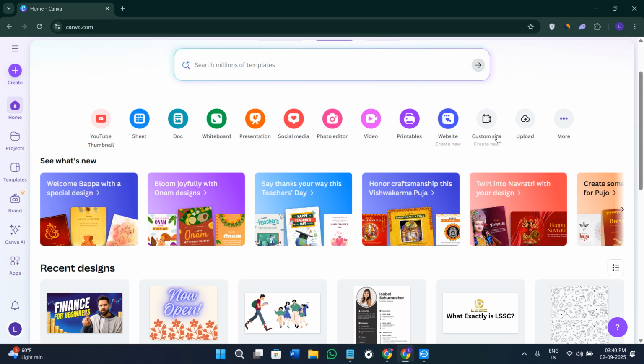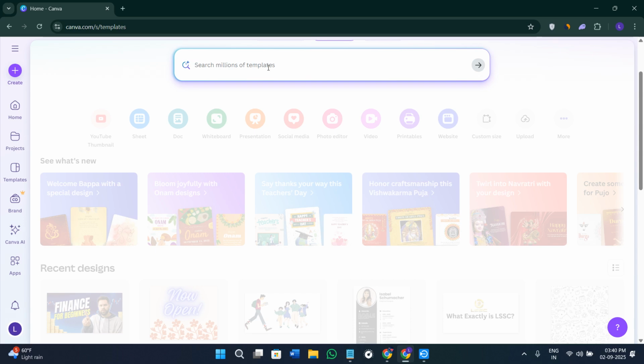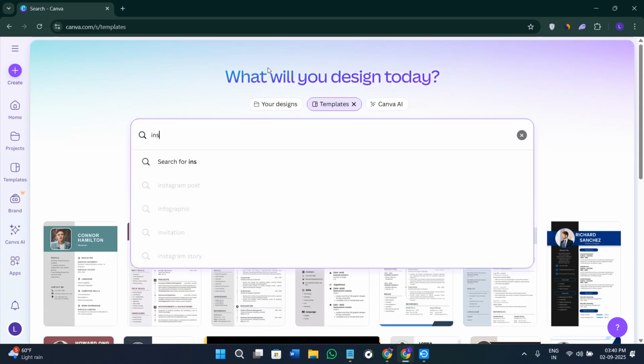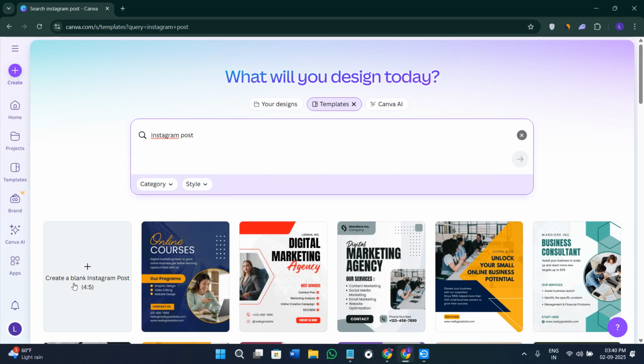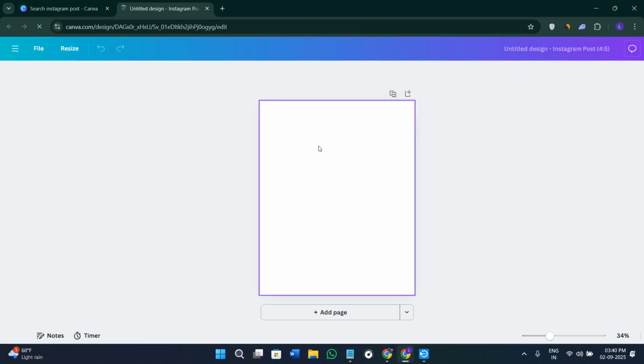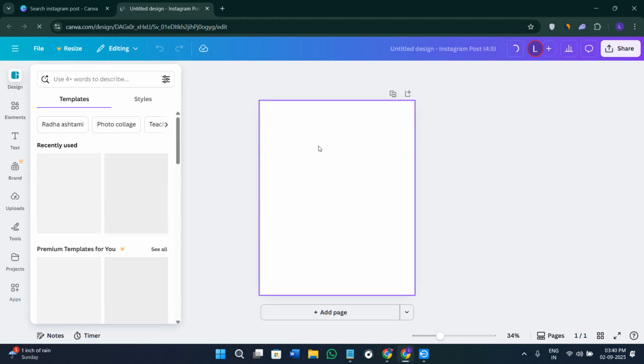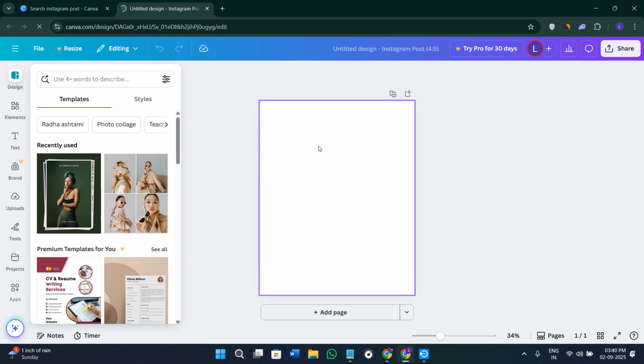Then you can either select any custom design, or you can also use the search bar in order to search for Instagram, and you can search for Instagram post. So by default, it is going to show you create a blank Instagram post. So you can click on it, and it is going to redirect you here on the canvas of your Canva